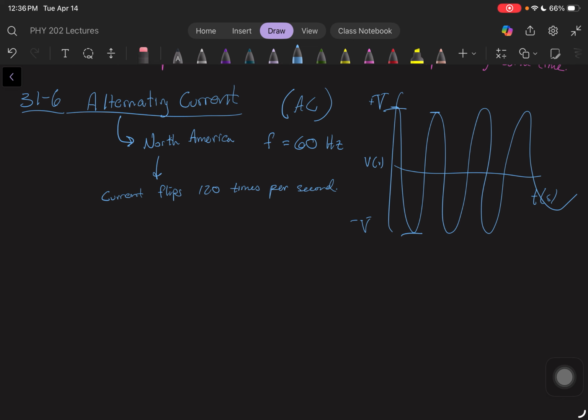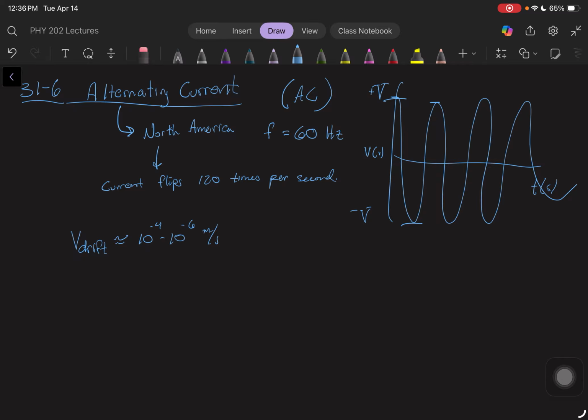We discussed earlier that the drift speed for an electron in a circuit is roughly 10 to the negative 4 to 10 to the negative 6 meters per second. And so if it's going that slow and it's changing direction that fast, how does current ever get anywhere? Well,